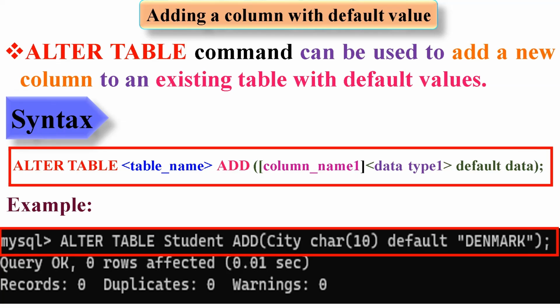Let's learn how to add a column with default value. Alter table command can be used to add a new column to an existing table with default values. The syntax is: alter table table_name add column_name1 data type1 default data; Example: alter table student add city varchar(10) default Denmark;